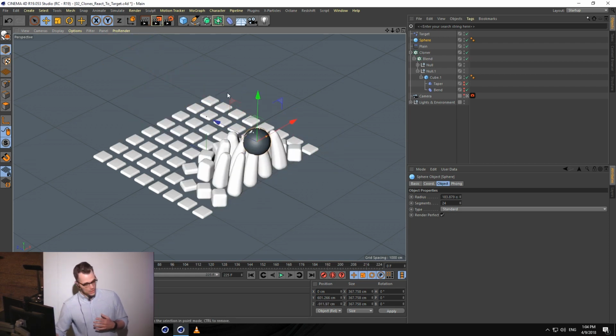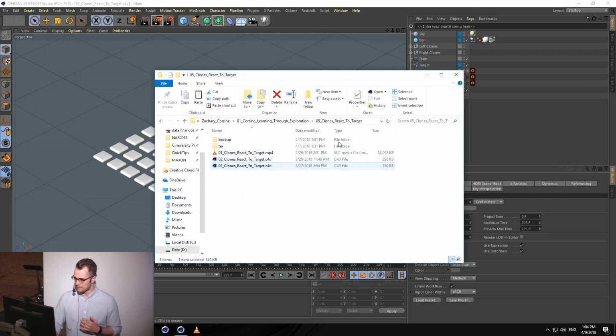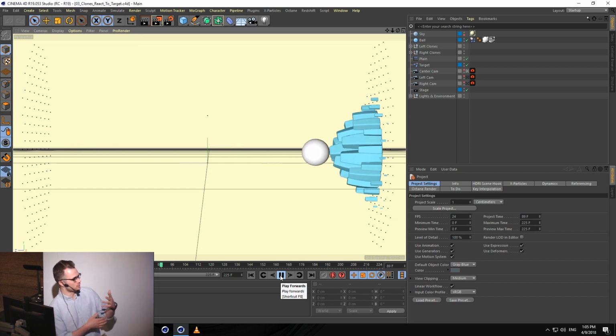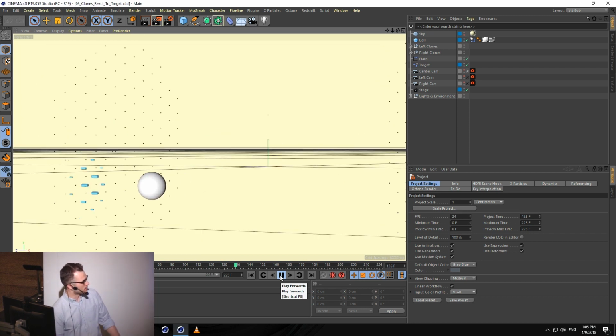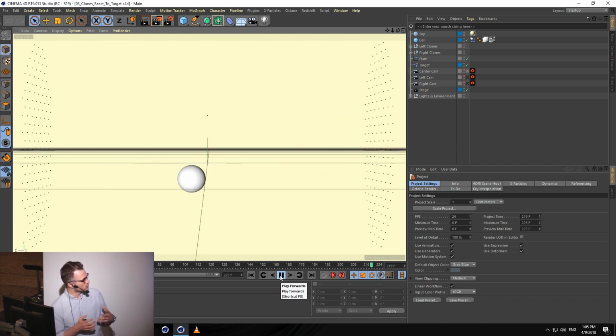So just to wrap up on this, I just threw together a really quick fun scene file. What I've set up here is 2 sets of clones on either side, and they both have dynamics tags with this sphere in the middle, and they are basically both reacting to the same targets. We basically get this procedural game of ping pong that all we have to do is serve up the ball and then let it play out as it will. So you can have multiple sets of clones reacting to the same target. You can use it however you'd like,